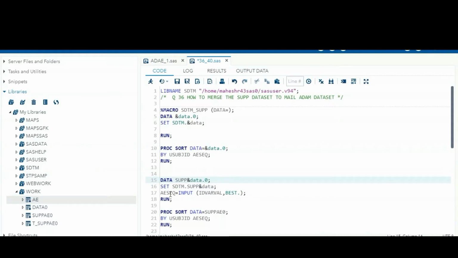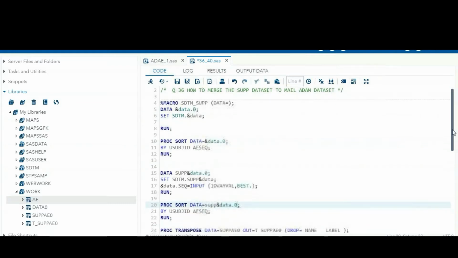Here the AE is also common, so ampersand data dot sequence. This is common, and this one also, sub ampersand data dot 0.